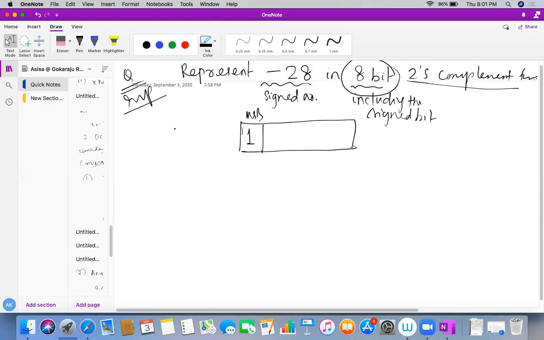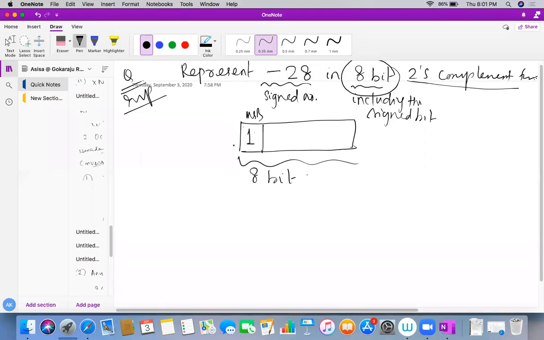If in the choices all the MSB bits are 1, then your hunting will start. What you need to do, please see here what I am doing. As we know, this complete number, including the sign bit, is 8 bits.